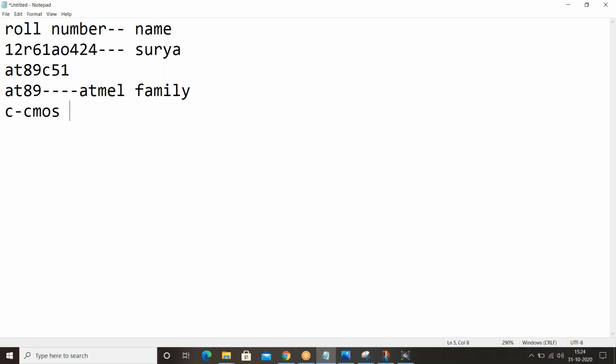Here, 51 is called the series, like 89C51, 89C52, 89S51, 89S52. So many microcontrollers belong to the 8051 family, so that 51 comes under the series.